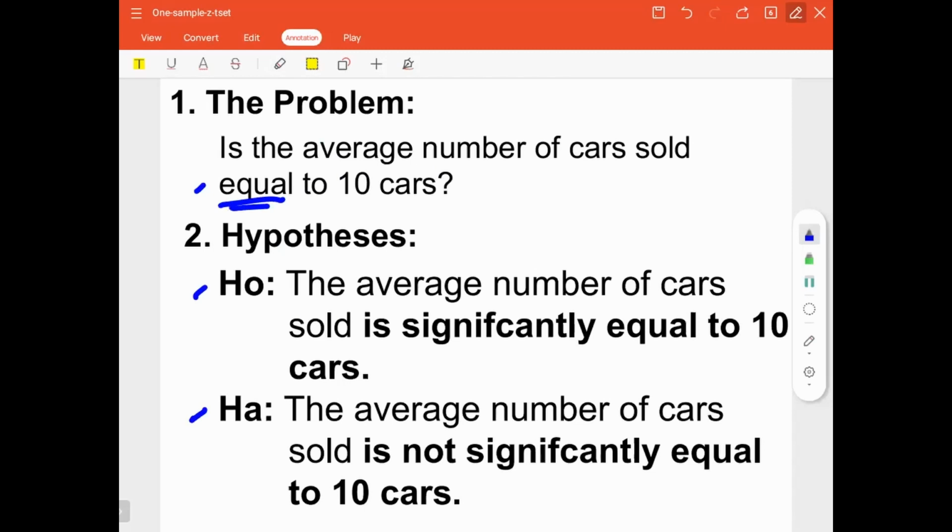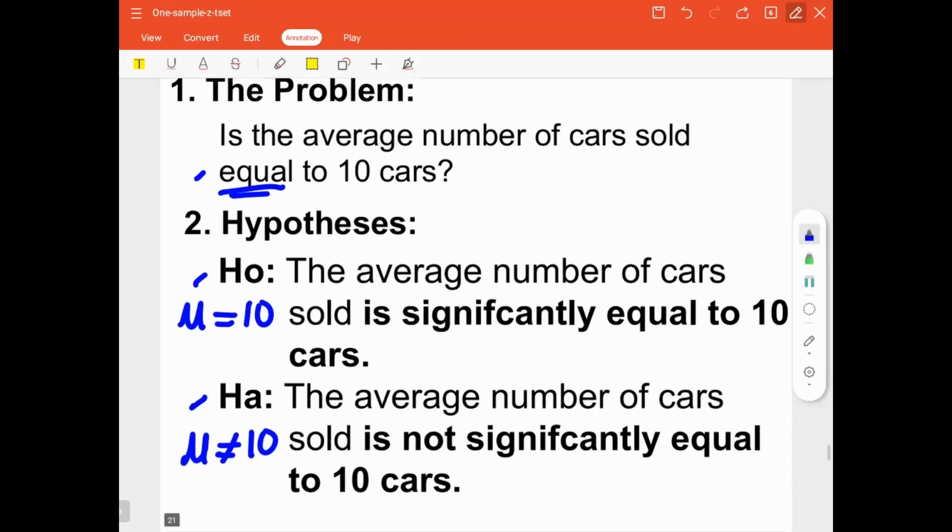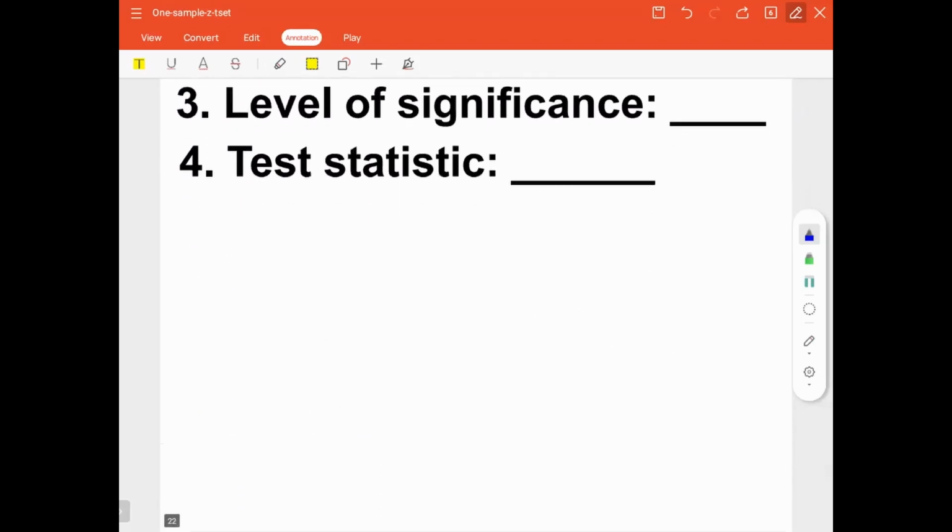So therefore our HA will be what? It will adopt the not-equal sign, right? So HA is the mean is not equal to 10 cars, and H0 is the mean is equal to 10 cars. In worded statement we would say H0 is the average number of cars sold is significantly equal to 10 cars, while HA is the average number of cars sold is not significantly equal to 10 cars. Now again, the level of significance has been indicated to be 0.01, and of course the test statistic